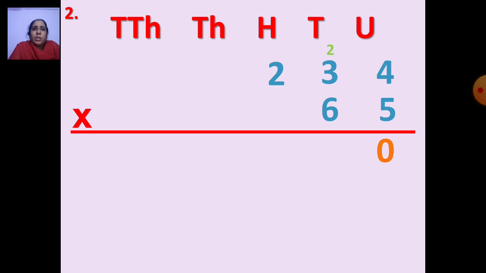Okay. Now 5 3s are 15. 15 plus 2, 17. So 7 will come down. 1 will go in hundreds place. Okay, carry over. Now what you are going to do? Now you are going to multiply 5 with 2. 5 2s are 10. 10 plus 1, 11. So 1 will come down and the other one will also come down only, because there is no number after 100. Okay. So both the numbers will come down.